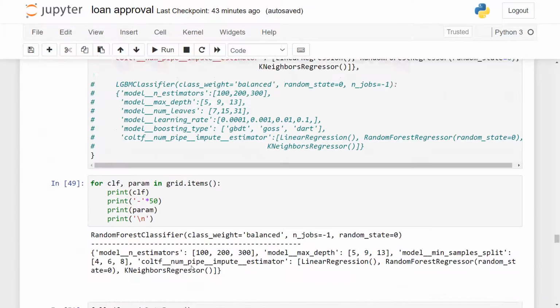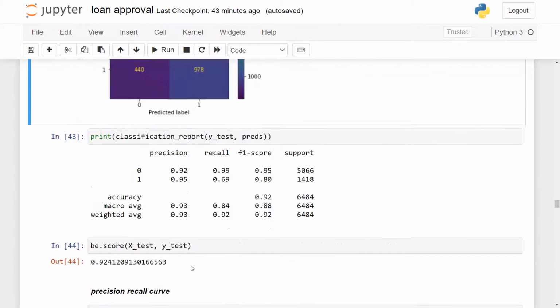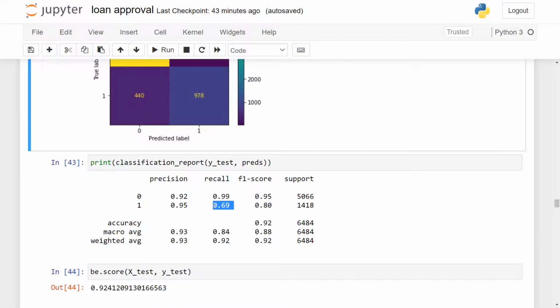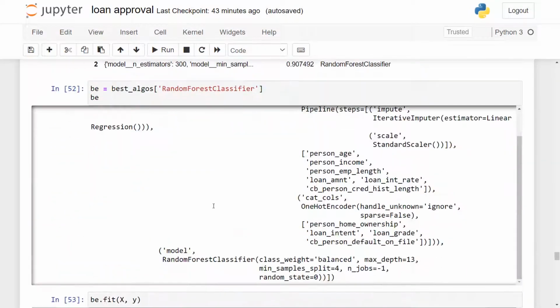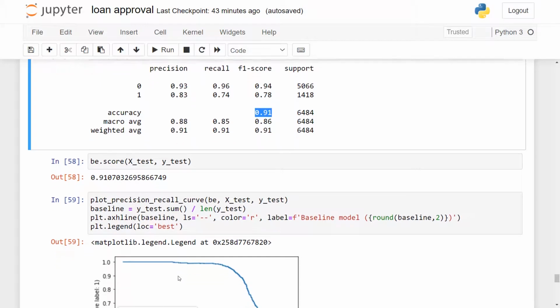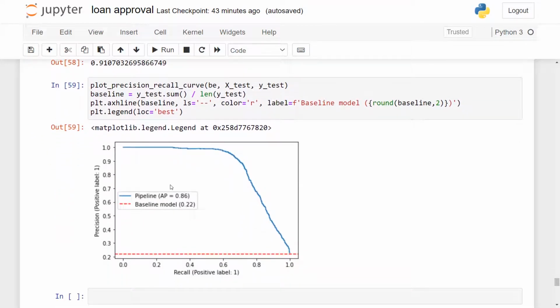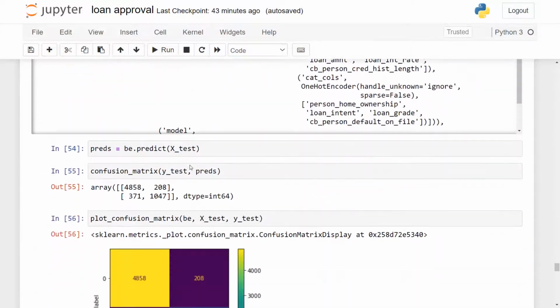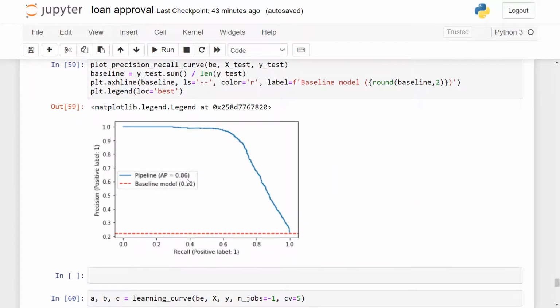Now if you recall, our recall value in the previous model in part 1 was 0.69, and we have managed to increase that to 0.74 here, although marginally, but we have managed to increase it, and we have reduced the precision of the positive class in the process, but we are making a more general model which is less prone to overfitting. So we have to make some trade-offs there, and the overall accuracy is 0.91. Before it was 0.92, so we aren't losing much on that front. Now the precision recall curve, it was 0.87, and in this one we have 0.86, after pruning the trees.